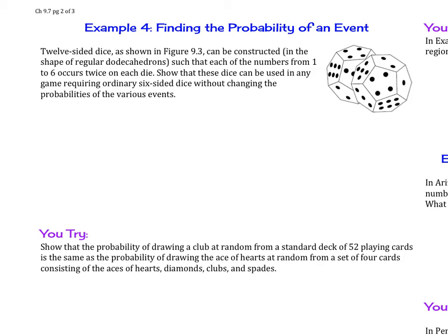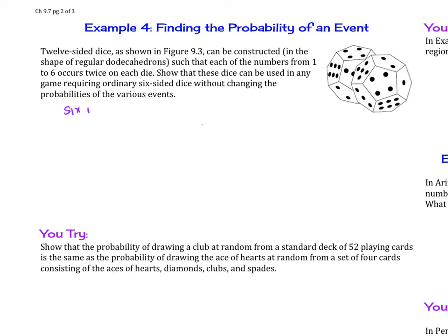So let's find the probability of an event. 12-sided dice, as shown in this figure to the right, can be constructed in the shape of regular dodecahedrons, such that each of the numbers from 1 to 6 occurs twice on each die. Show that these dice can be used in any game requiring ordinary 6-sided dice without changing the probability of the various events. So if we have a 6-sided dice,